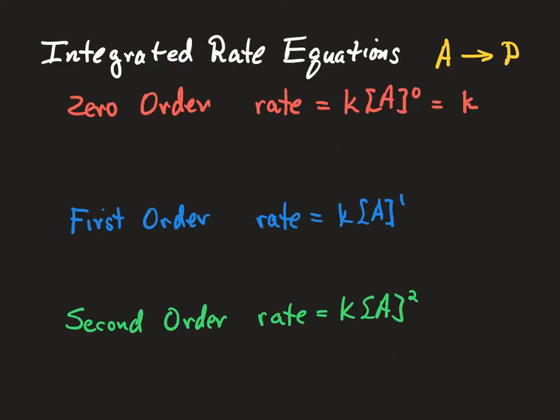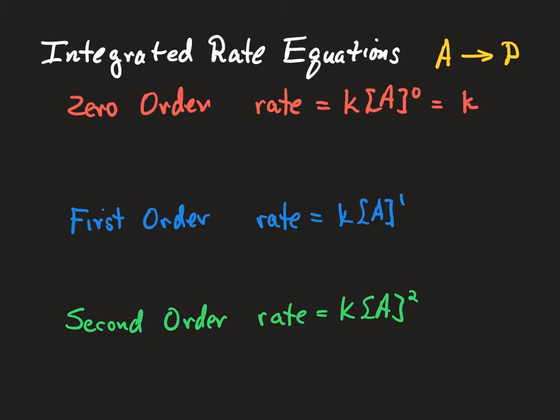So let's remind ourselves about integrated rate equations. What we think of as rate equations are differential rate equations. They describe the rate at a moment. But if we integrate those over time, we get different equations. So for zero order, if we integrate that zero order rate equation over time, then you get something that